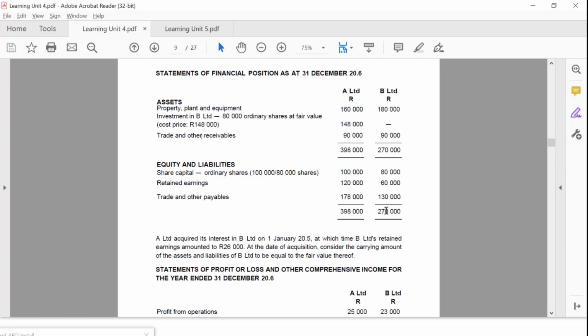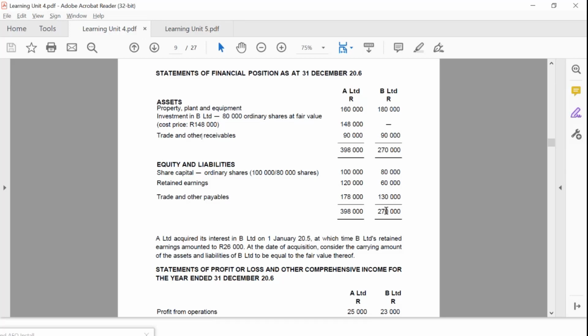But the only way I will know what to eliminate, or know the pro forma consolidation entry, is if I know the entry I passed in my own books. Because if I don't know what I did, how will I eliminate it? I need to know what I did. So even though we don't mark the entry that the parent passed in their books, and we don't mark the entry that the subsidiary passed in theirs, we're supposed to do it as a rough,